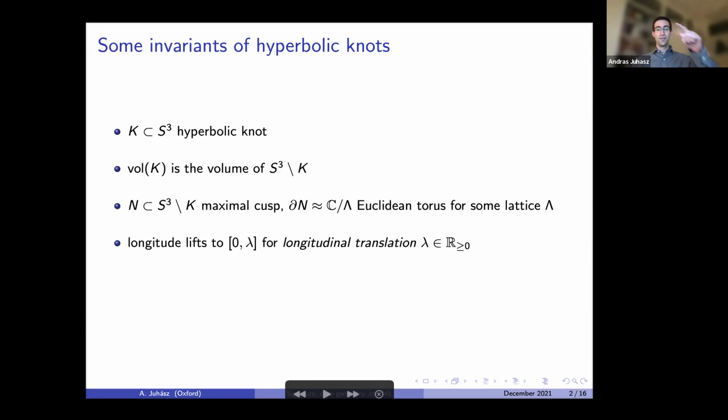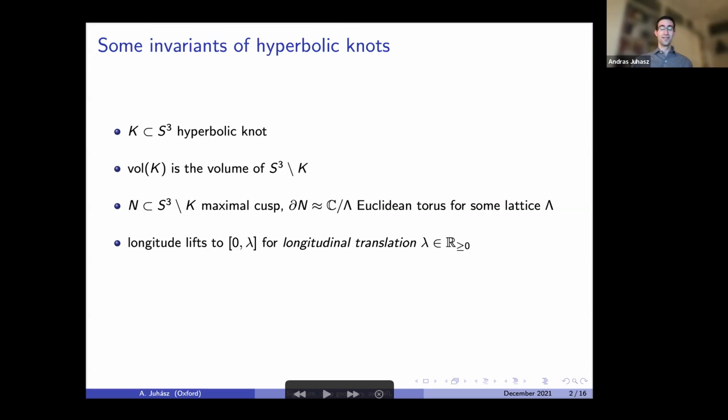And if you take the longitude of your knot and lift it to C, then you can normalize things so that it runs from 0 to a positive real number lambda, and this positive real number is called the longitudinal translation